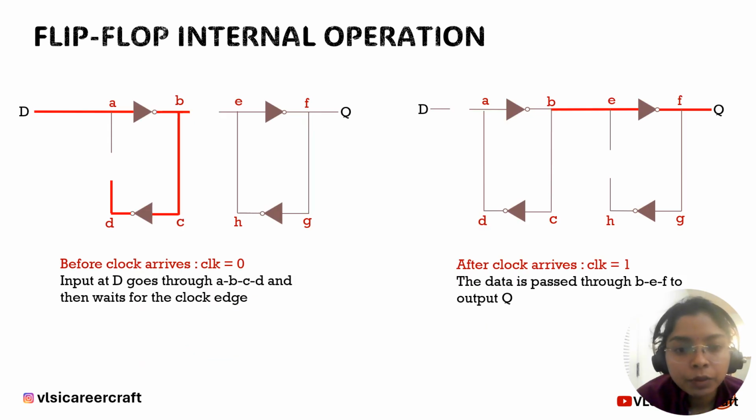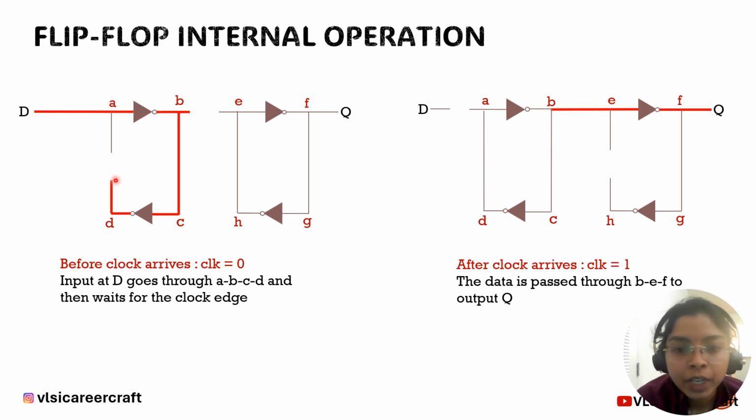Initially, before the clock arrives, that is when the clock is 0, the transmission gates which are driven by clock bar are turned on. That is the transmission gates over here and here are turned on. So they are short circuits, and the transmission gates which are driven by clock are open circuits because clock is 0. So here and here it is an open circuit. Here the input goes through the nodes A, B, C and D,